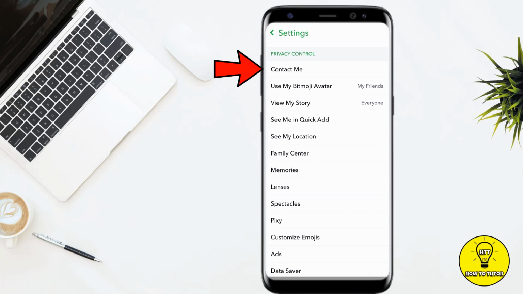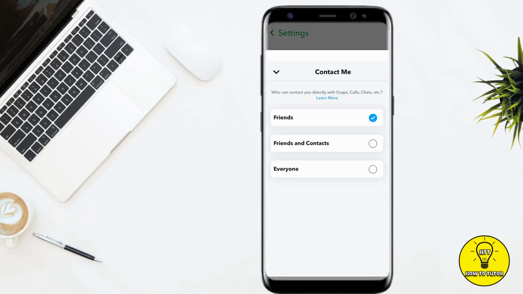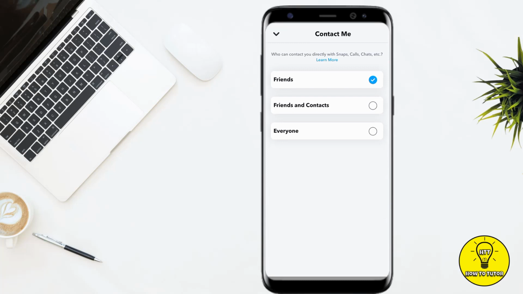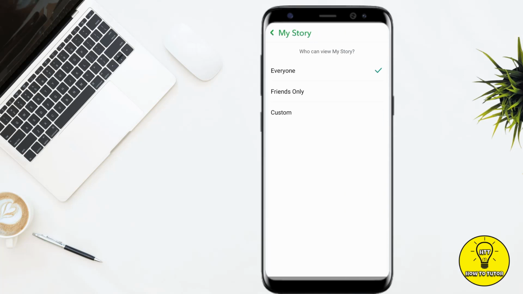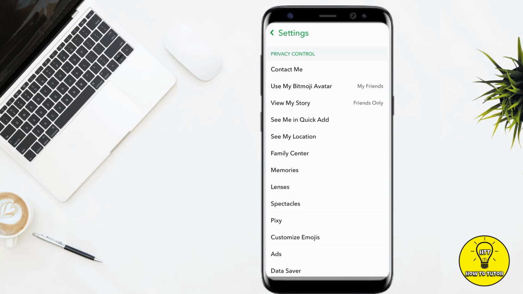Here first of all you have to open the first option named contact me. Here you have to select this option too. If your option is selected to everyone, you simply have to set it to your friends. Then you have to click on view my story, and here as you guys can see, this option is again set to everyone. You simply have to shift it to friends only,